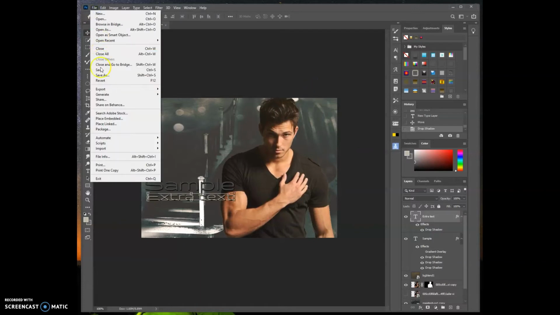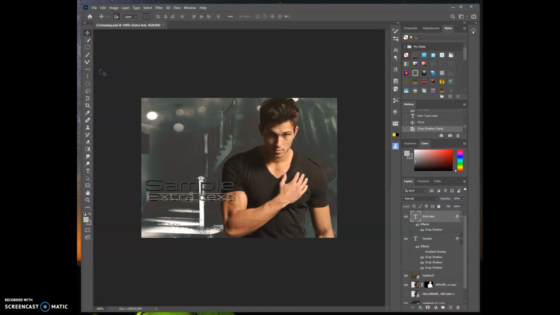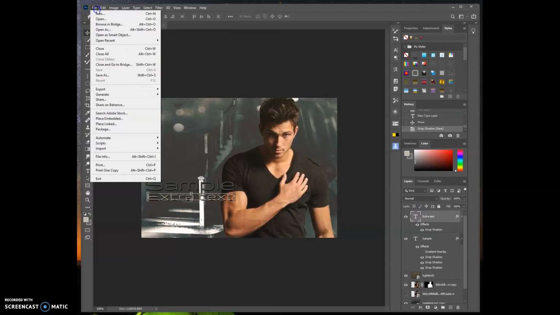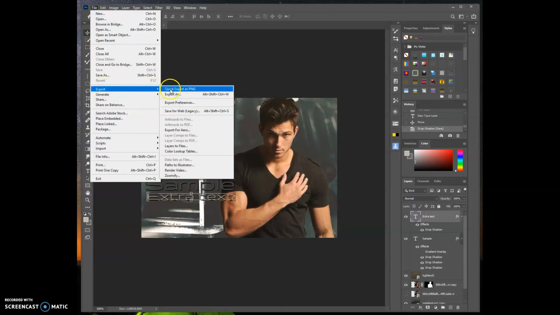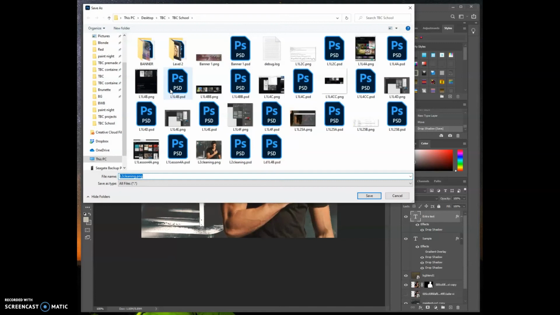Again, we're going to file, save, file, export, quick export as PNG, and it goes back to where you had it, and save. It's going to ask you if you want to replace it. You do,